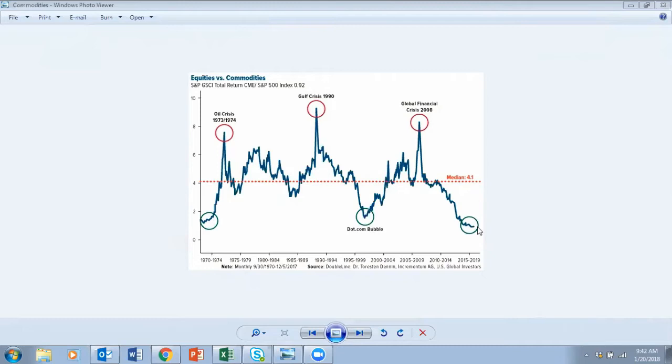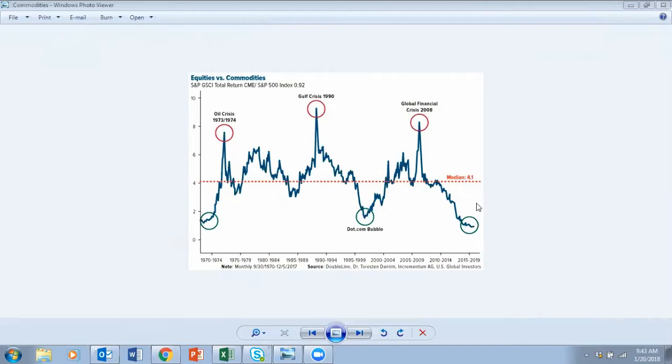Now, I don't have to point this out as it's obvious. You should be able to see the pattern here. But when we reach these levels of undervaluation in commodities versus the stock market, we've seen the last two times this happened, we saw a massive amount of correction to the mean, and the mean being right here at 4.1. So what we can expect to happen over the next year, 2, 3 years, however long it takes,